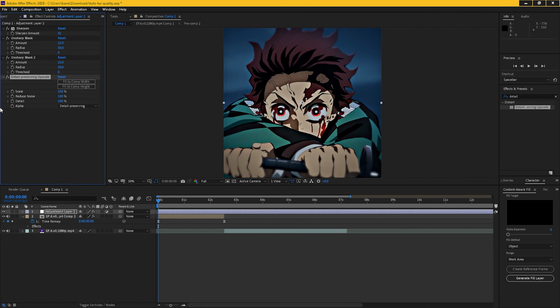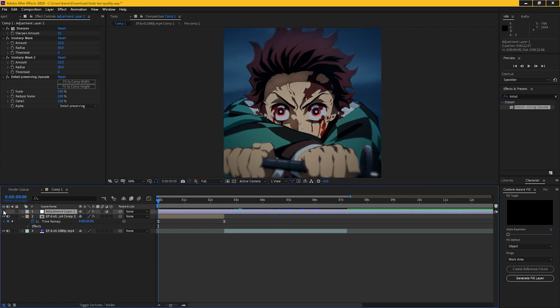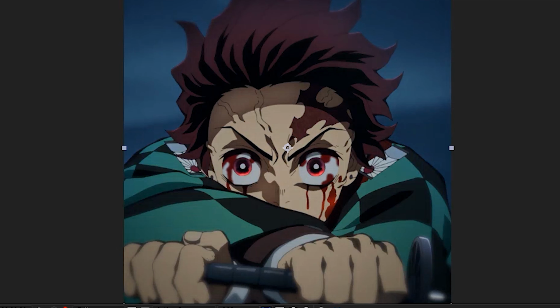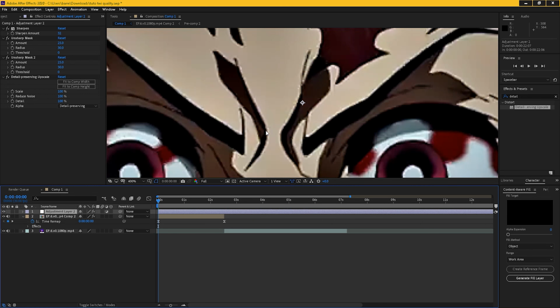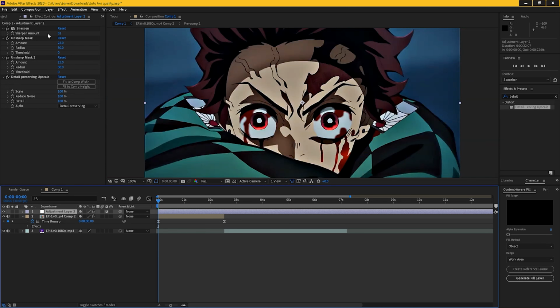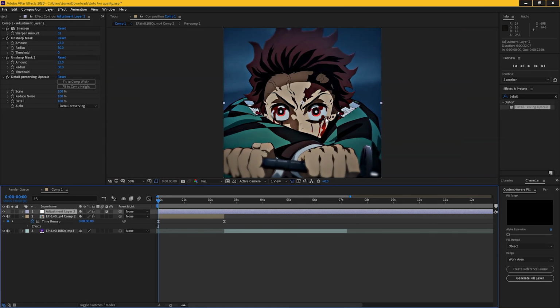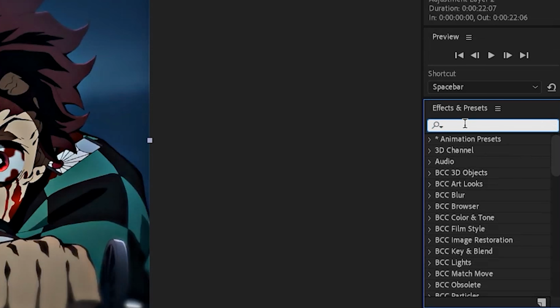And so let's just see how the clip looks without this adjustment layer. And as you can see, it looks way better, like a lot better. And if we zoom in, it looks not too disgusting, like if we used 150 sharpen or whatever. This looks very clean. And also, if you want to play with